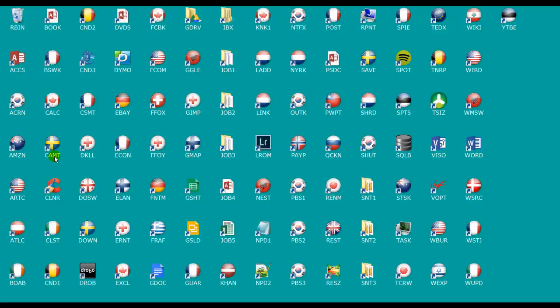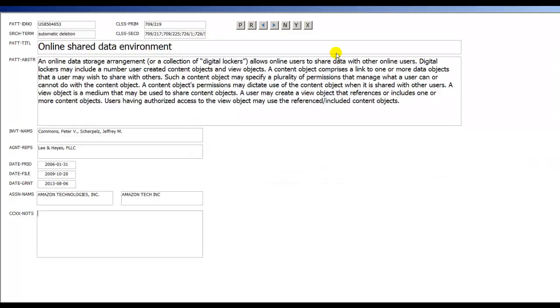It's Saturday morning, about 10:30, and I wanted to record this video of all of the Microsoft Access configuration settings in order to use the patent search review database, which I've created. So I'm starting at my desktop, and I'm going to start the database. When I start the database, I see the main form, the main screen,